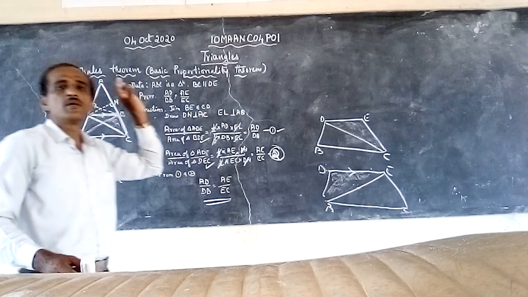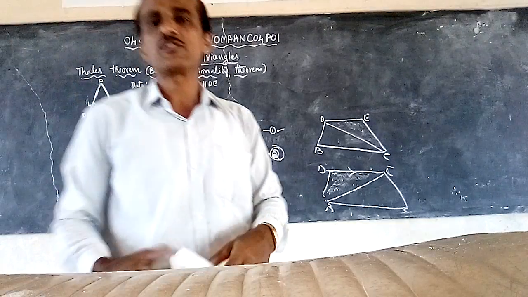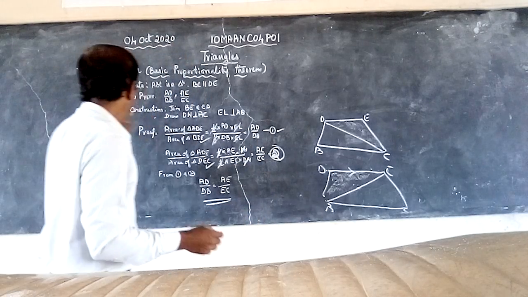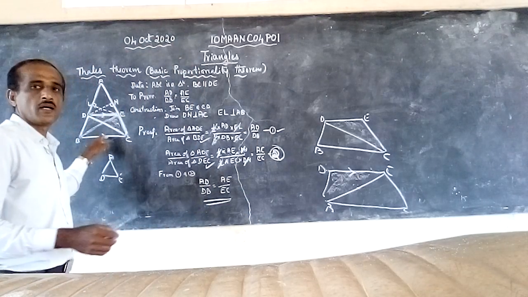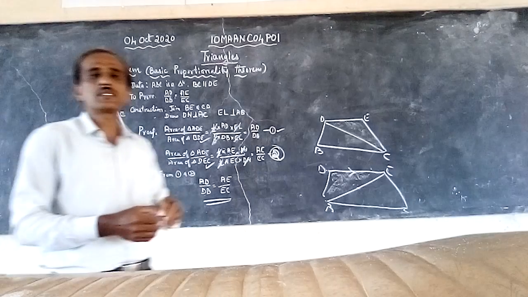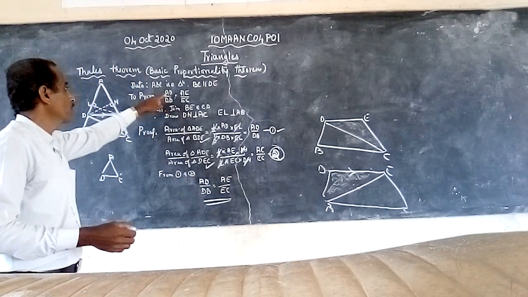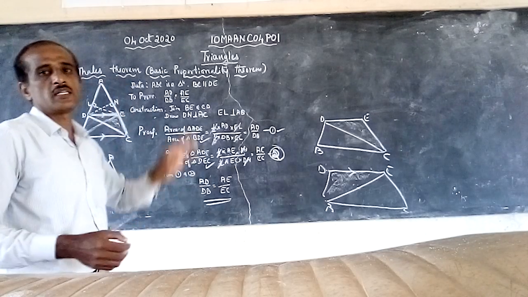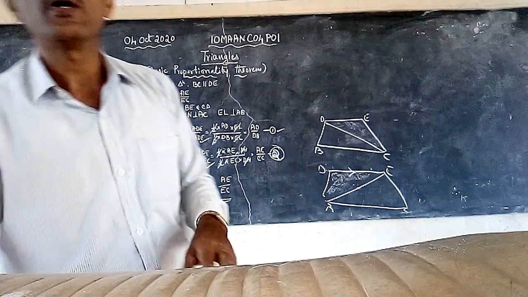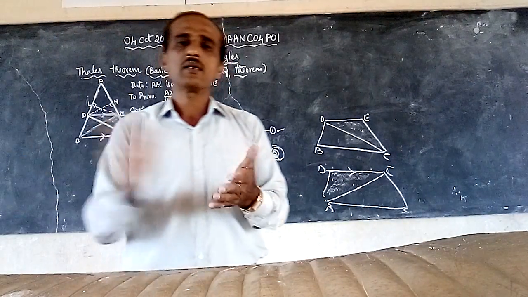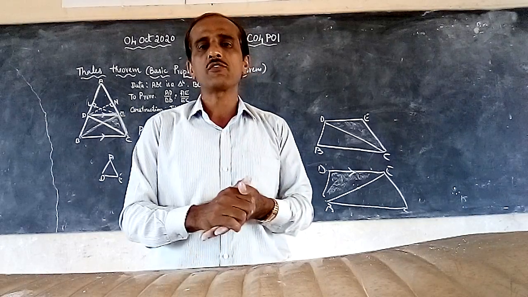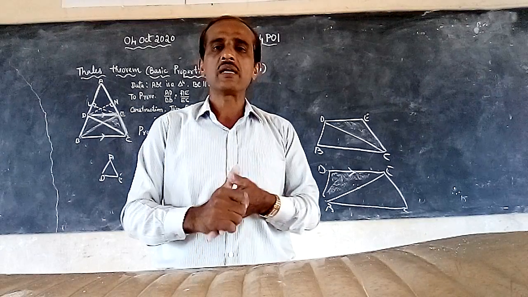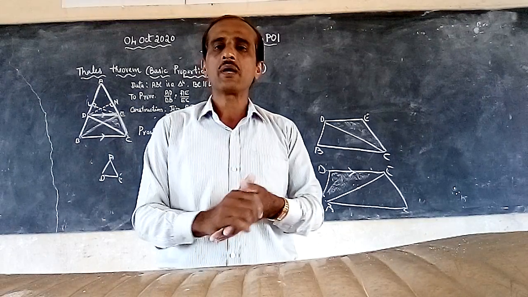Always remember, that is what Thales theorem says. Thales theorem says if a line is drawn parallel to one side of a triangle, then it divides the other two sides in proportion. So that theorem we can prove like this. Other two sides in proportion means AD by DB is equal to AE by EC. This is a very important and very simple theorem. If you learn this theorem, it is very important from the examination point of view also. So please note down that theorem very neatly in your notebook and learn properly, with proper understanding.